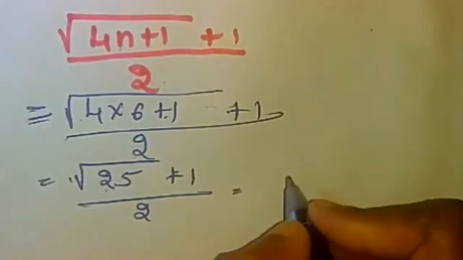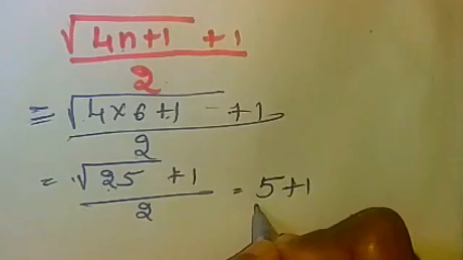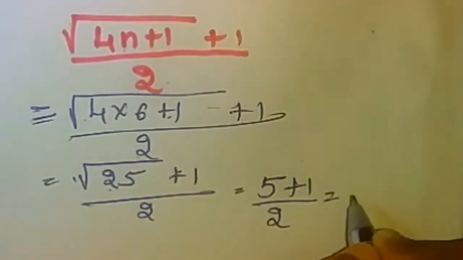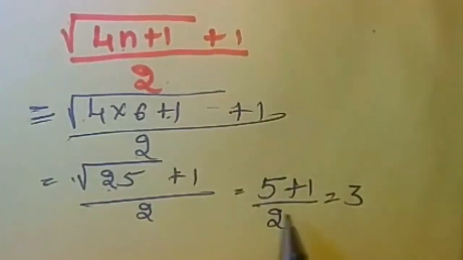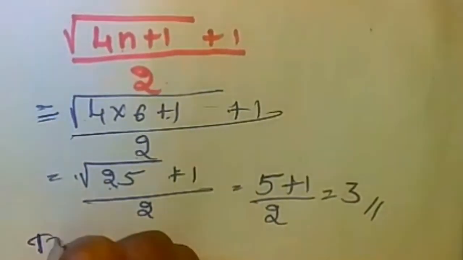It's a square root. So we'll get 5. So 5 plus 1 is 6. 6 by 2 is equal to 3. Okay, so 3 is your answer. And now the trick is